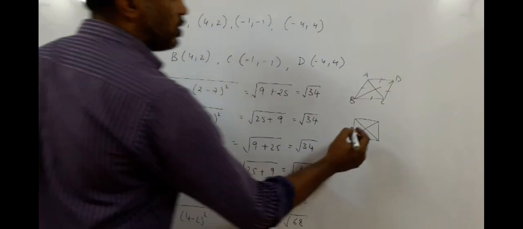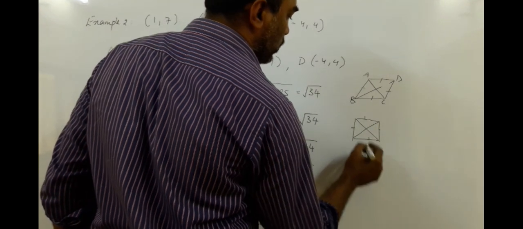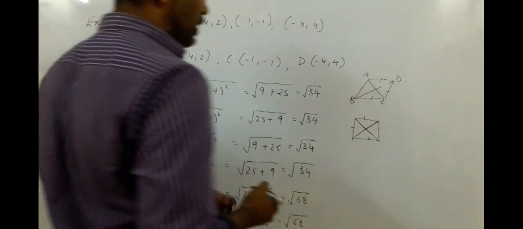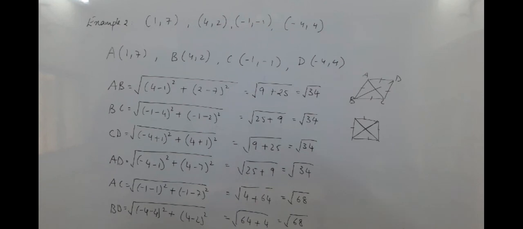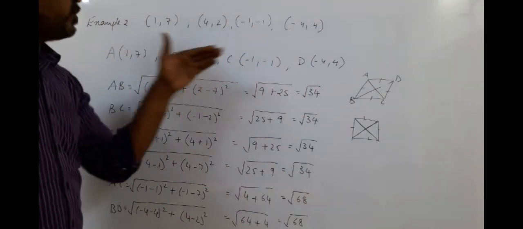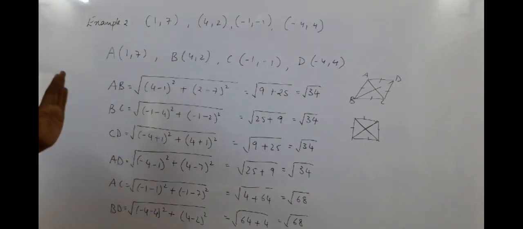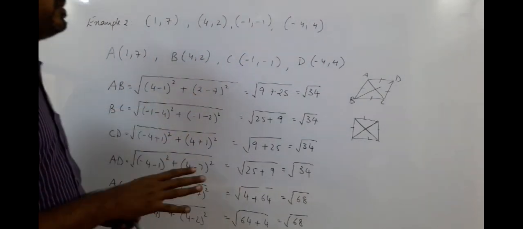So now we have got all four sides equal. The diagonals are also equal. This sixth condition shows us that this is a square. So for this sum we found out that these 4 points make up a square. Okay? But again, a briefing of the sum like the previous one.